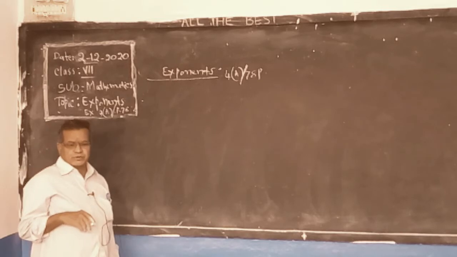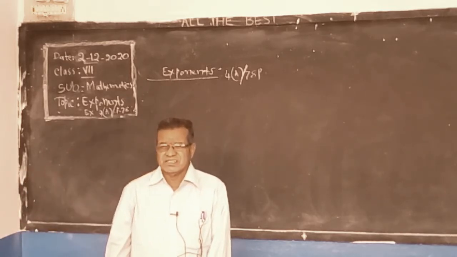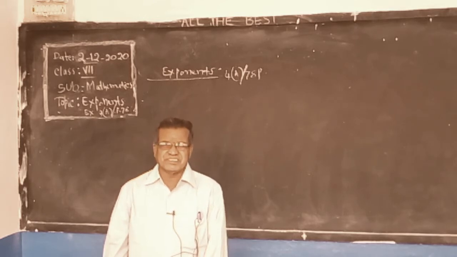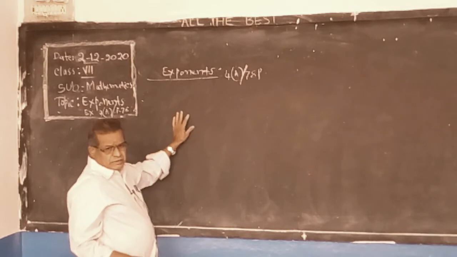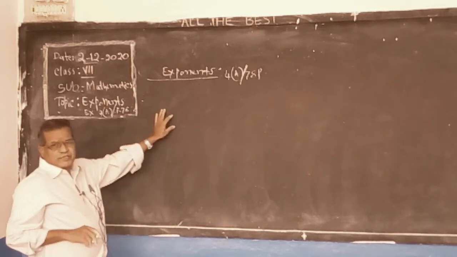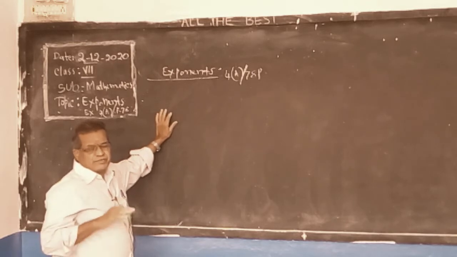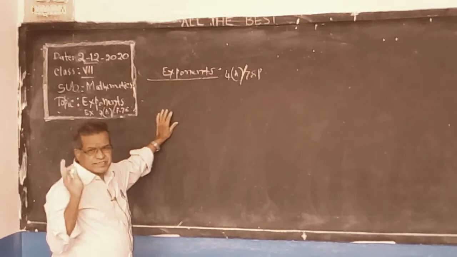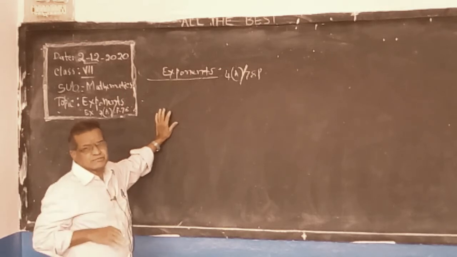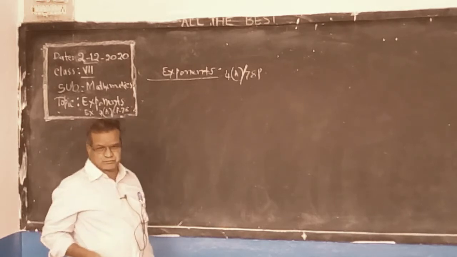Suppose 10 into 10 into 10 into 10, and so on. If you write it 100 times, it will take time. In an easy way, 10 to the power of 100. Suppose we have 5 ten times: 5 into 5 into 5 into 5 into 5, and so on. It will take time to count. But in an easy way, we can write 5 to the power of 10.